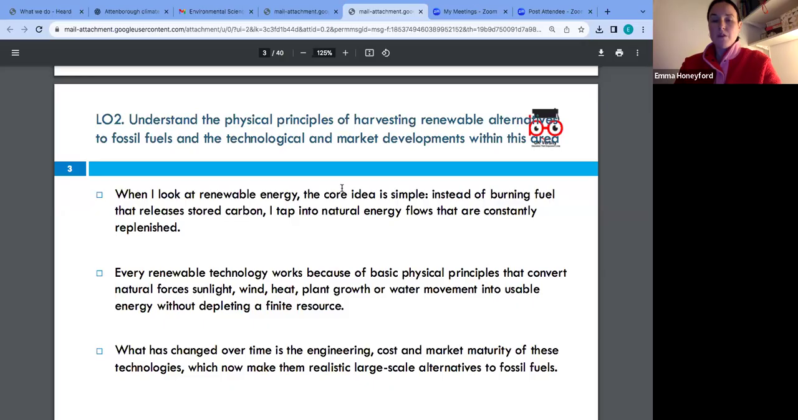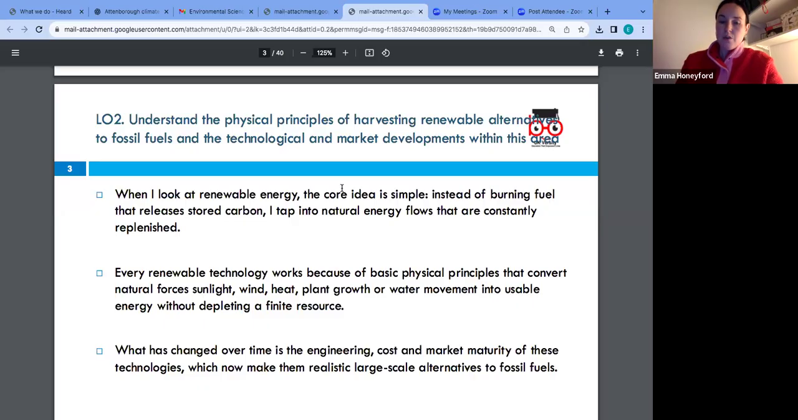The planet is better off if we don't burn fossil fuels, and therefore tapping into natural energy flows that are constantly replenished is a more sufficient, reliable energy source. Every renewable energy technology works differently because of basic physical principles that convert natural forces such as sunlight, wind, heat, plant growth or water movement into usable energy without depleting a finite